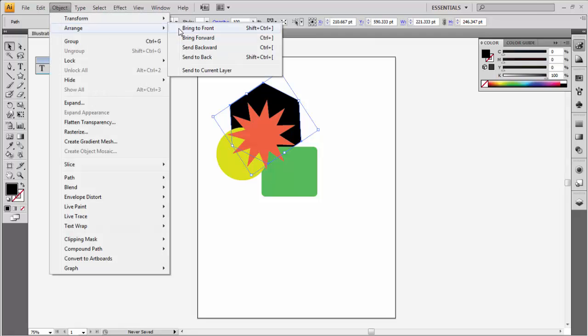Arrange, then bring to front, or simply Shift+Control+bracket.